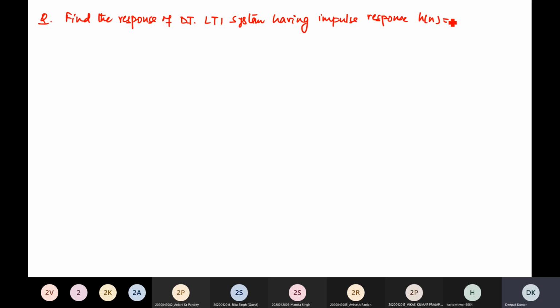So to find the convolution of discrete time signals like h of n, let us write a question. Find the response of a discrete time LTI system having an impulse response h of n is equal to a to the power n u of n,